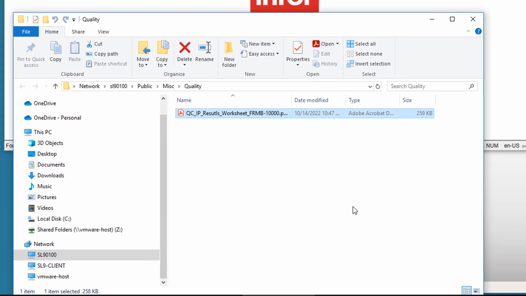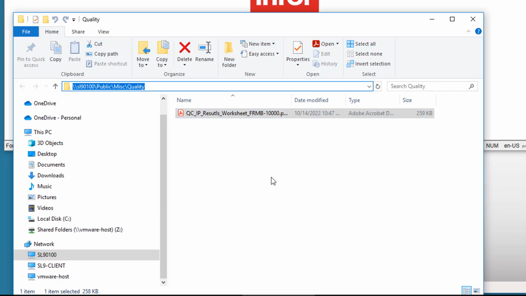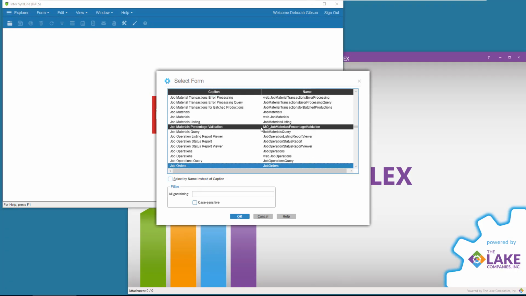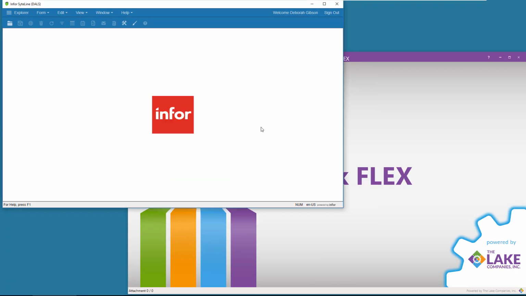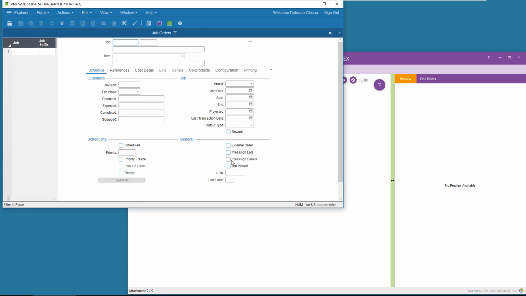Now, I know I'm going to have to navigate to this folder to attach the file, so I'm just going to copy the folder address now. Okay, I'll open the job orders form. And filter for job 610.